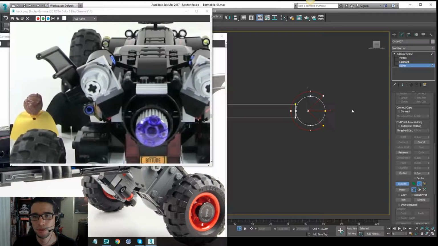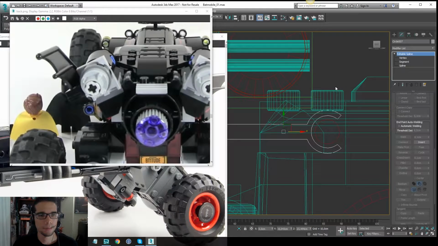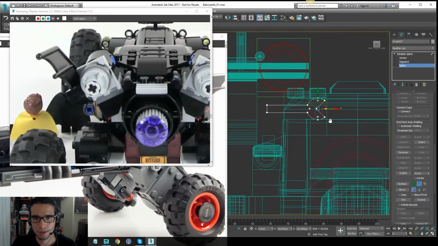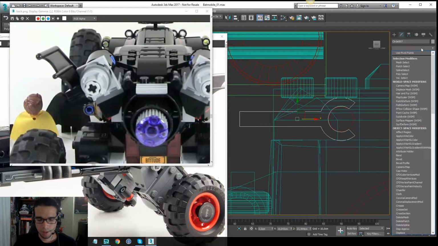First I will subtract this part, later I will make a union, and later another subtraction, and this is what I have. And now this element, before doing this, I will decrease the radius of these elements. Okay, so having this one subtracted, this is it. Again I will extrude,